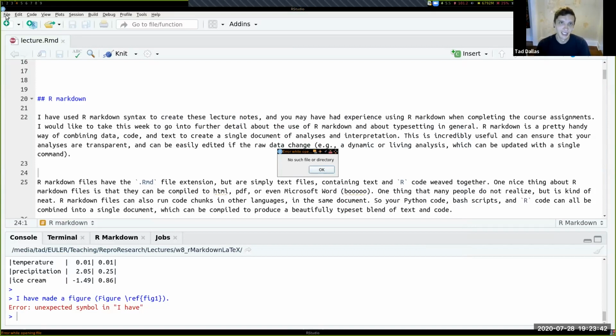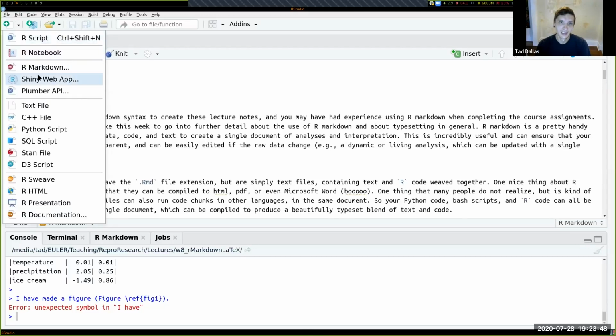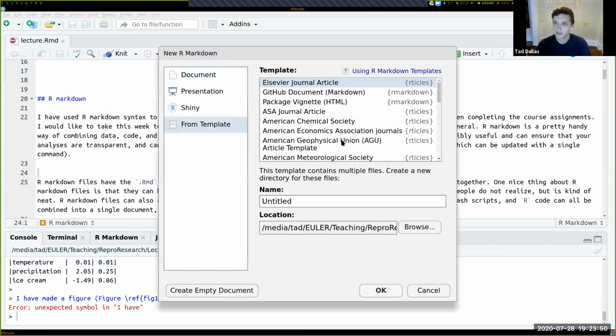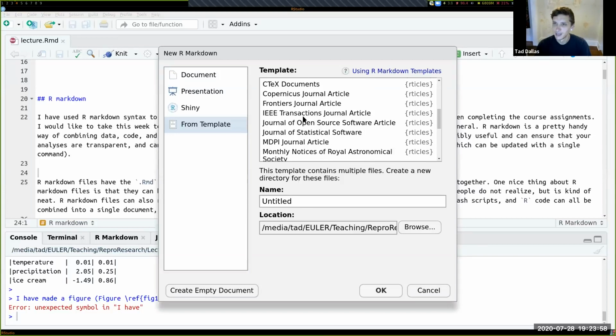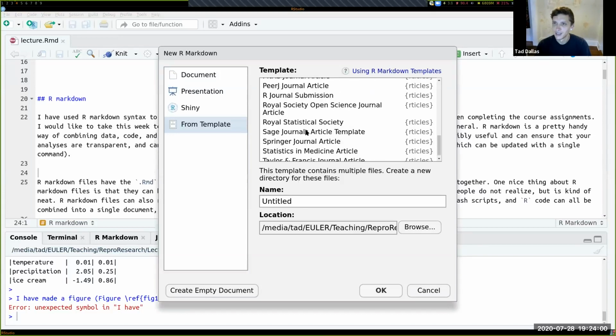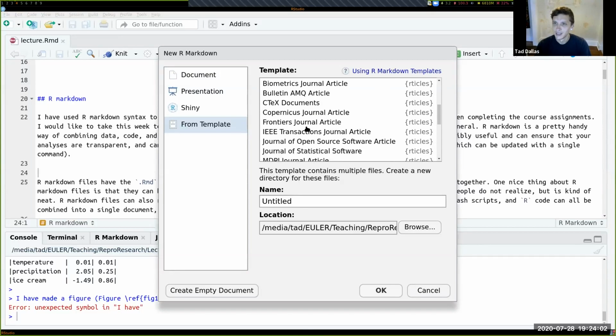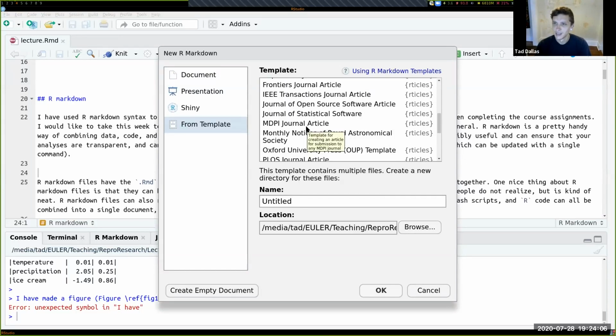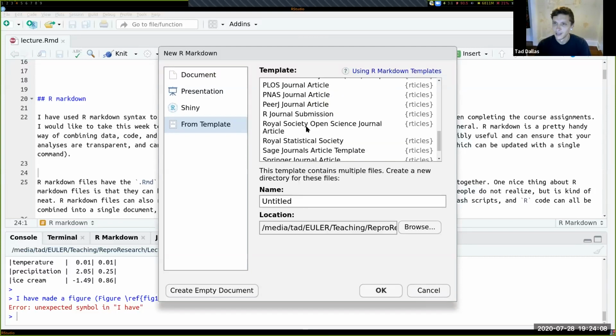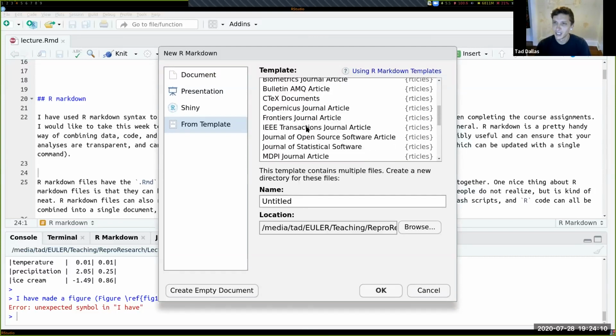Oh no, I messed up. From template. And now it's not even listed as an option.